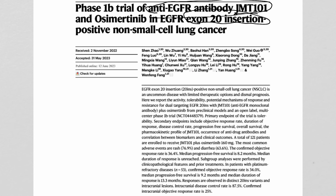And if you don't remember from the earlier genetics information, an exon is just a part of a gene that codes for a protein. Introns are the other type of DNA in a gene, and they don't code for protein. And so we know that EGFR has at least 20 exons. You could imagine mutations in any of them. And so we are getting to the point of being very precise in saying patients with this exact mutation, they have reason to believe, probably from cell biology experiments, to think that this antibody specifically will target this cancer fairly